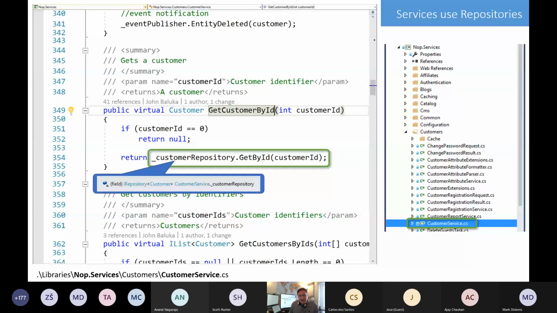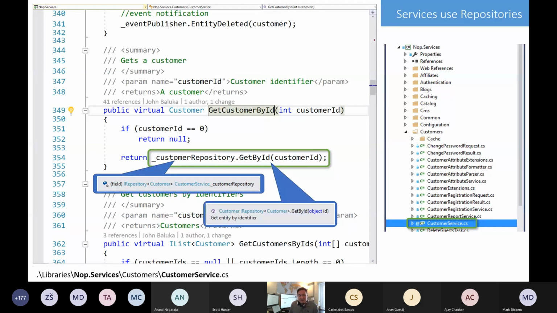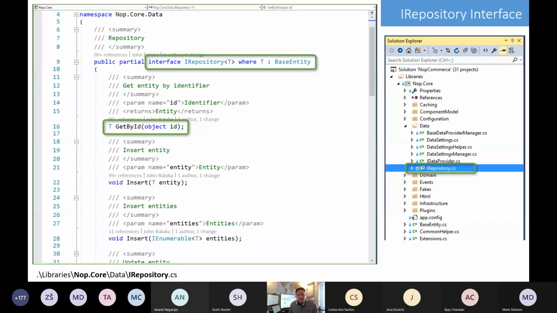And that customer repository is really just implementing the interface of IRepository of type customer. And that get by ID is just one of those methods that gets implemented. So that particular interface, IRepository, you have a get by ID, insert, update, delete. You have a lot of your CRUD operations off of that interface. And I definitely have seen this pattern in quite a few architectures, which is good to see here as well. So the IRepository interface gets implemented